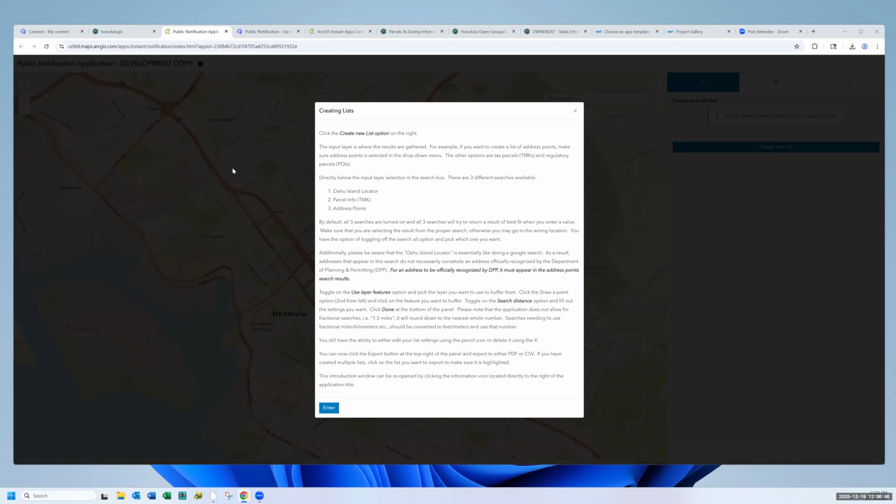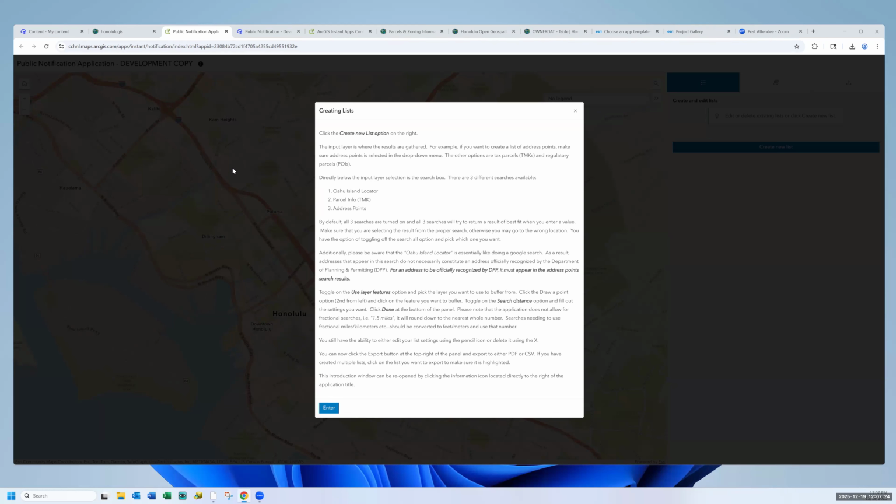As Arthur mentioned, he had contacted us about a month ago because they had a question from a state rep about getting a list of addresses for constituents. And actually, this public notification app, or template, I should say, for Instant Apps, only came out a couple of months ago, I think. I was able to attend the Esri UC this past summer, and I think it was still under development at that point. So it got released sometime between July and November.